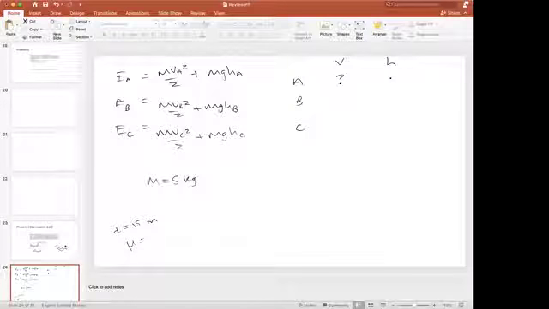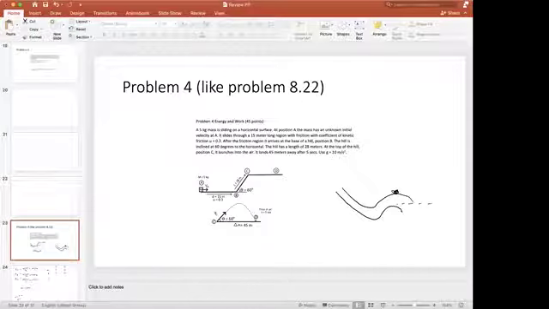And we don't know what B is. We'll get to what B is in a second, and how we do know what B is. And then C, at the top of the hill,